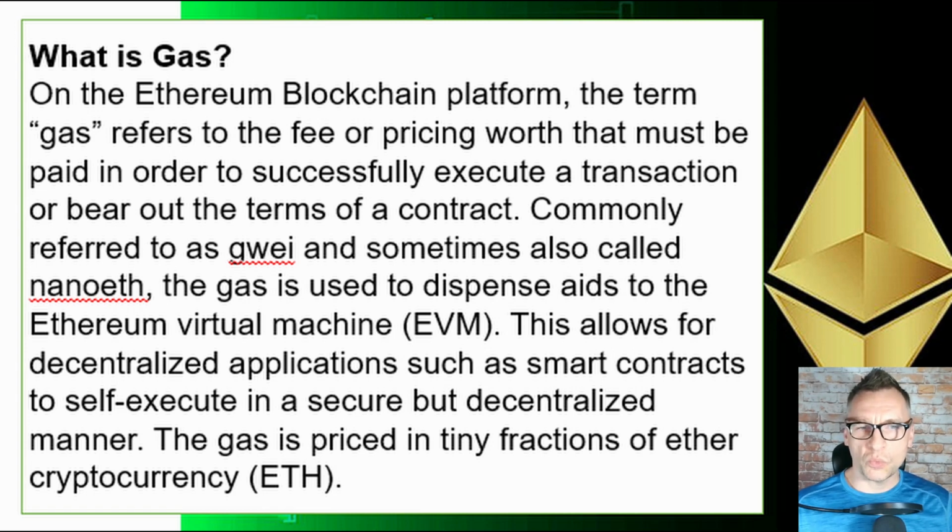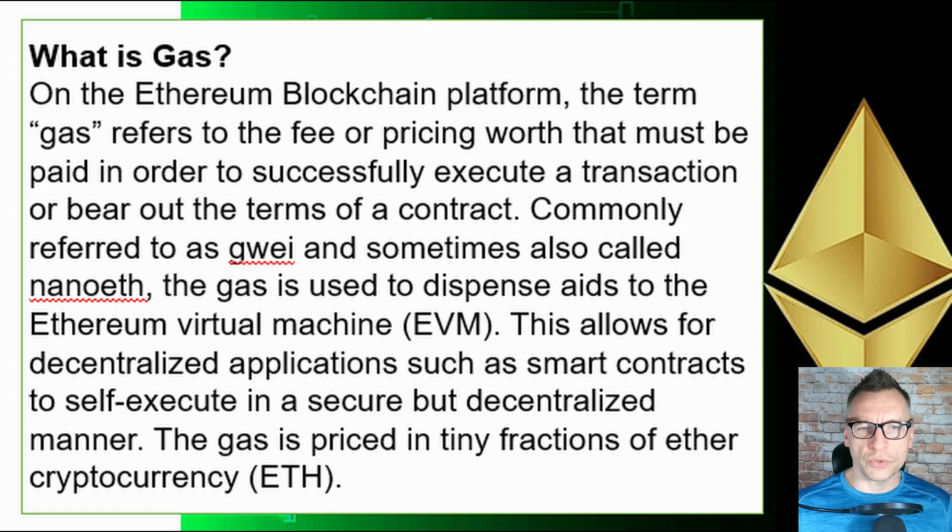Commonly referred to as GWei and sometimes also called nano ETH, the gas is used to dispense aid to the Ethereum virtual machine. This allows for decentralized applications such as smart contracts to self-execute in a secure but decentralized manner. The gas is priced in tiny fractions of Ether cryptocurrency. The higher the traffic is on the Ethereum blockchain, the higher the gas fees will be for processing the transactions